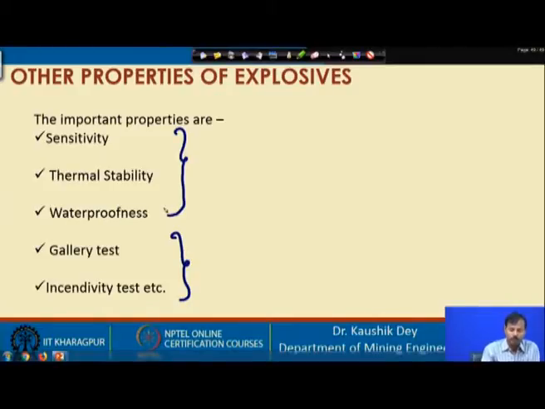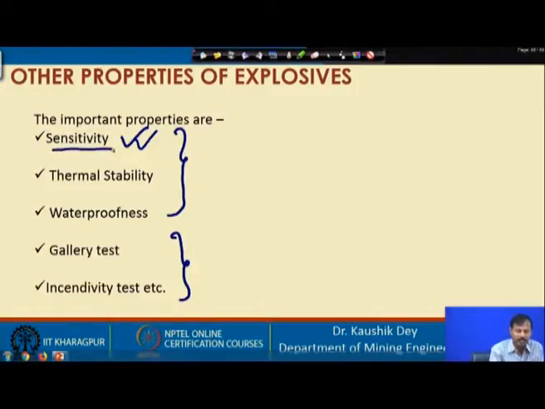If you recall, when we were discussing the dynamite, the invention of dynamite by Sir Nobel, we discussed sensitivity. At that time we discussed that sensitivity should be such that the explosive should not be too sensitive, that means there is a chance of premature explosion during the handling of the explosive. Neither should the explosive be too insensitive, that means we would need a huge amount of shock energy to explode the explosive. So, that is why sensitivity is very important.